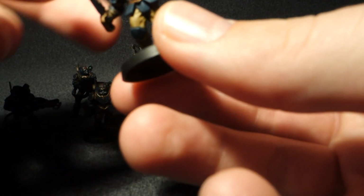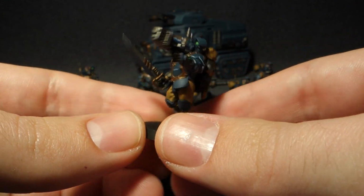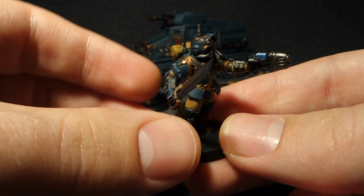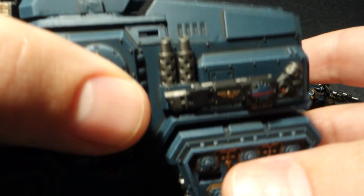And then I got a guy who's kind of my Tempestor Prime count-as. I didn't really care for the guy in the cloak that much, so I just made him have his plasma pistol. And then as far as the Taurox goes,